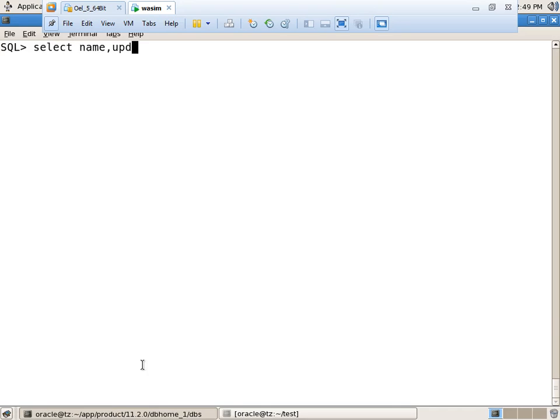Select name, comma, the parameter name is what?